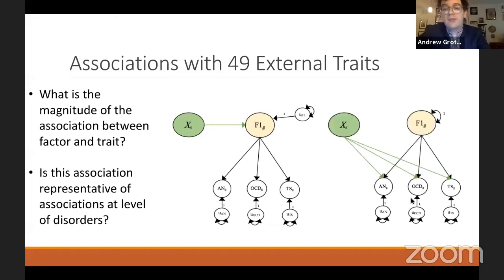But two, by comparing the model fit between a factor model in which the trait X only predicted the factor to one in which it predicted the individual disorders, we're asking to what extent the association between trait X and the factor is representative of the associations at the level of the individual disorders. Or to put it another way, we want to ask whether there's a really disorder-specific relationship with trait